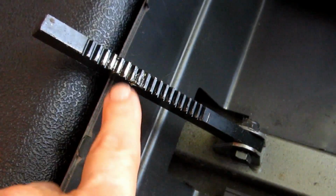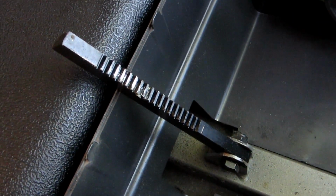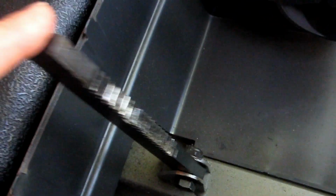Look at this. My machine has actually been doing what it's supposed to. It was recalibrating itself. But it would get to this point and just start crunching. And you can see there's actual damage here. So that tells me that there is a problem